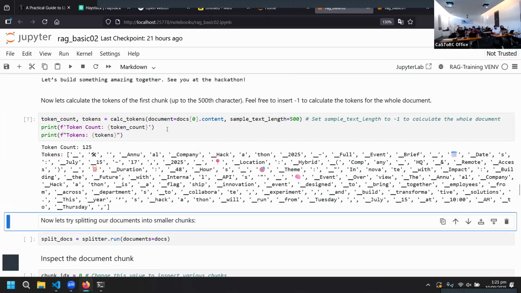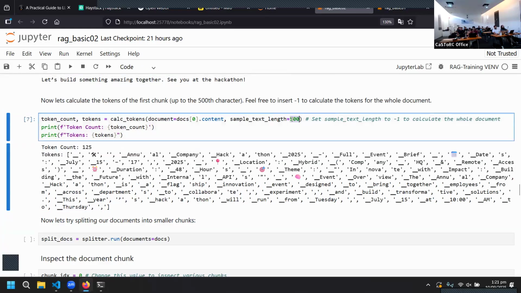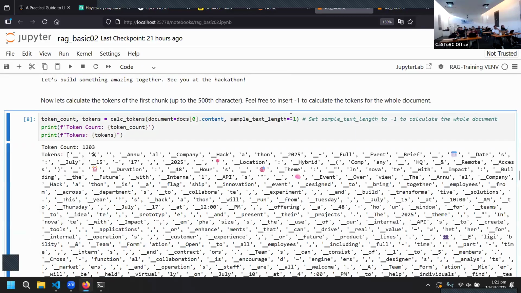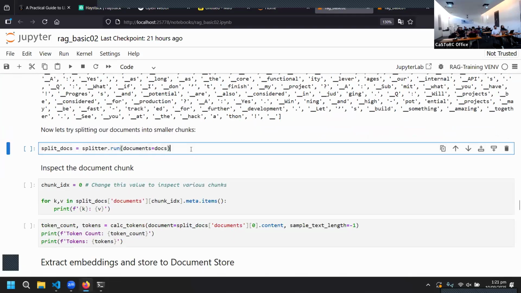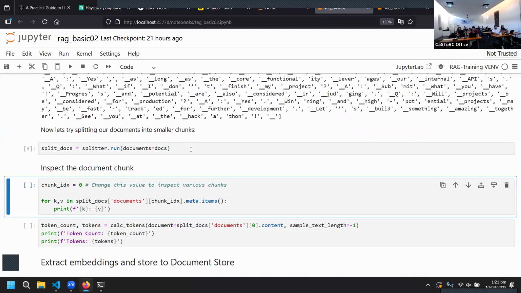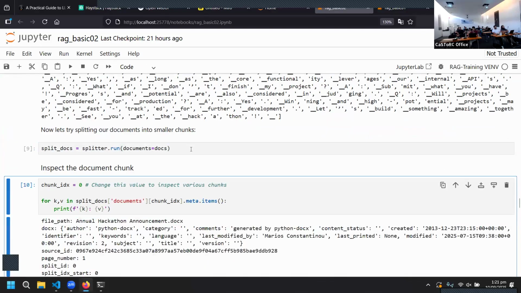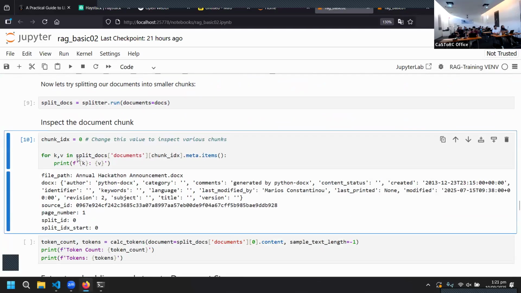So the token count for the whole document, let me change to -1, is again 1203. Now, if we split the documents by running the splitter and checking the chunk, we can see